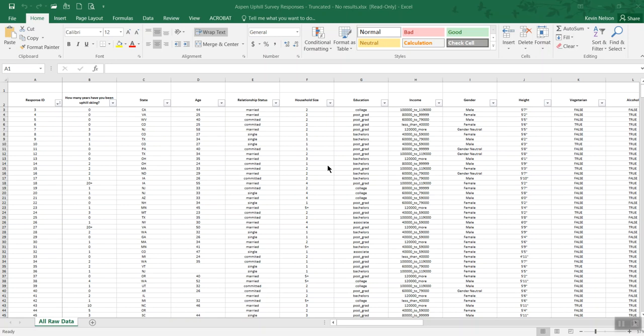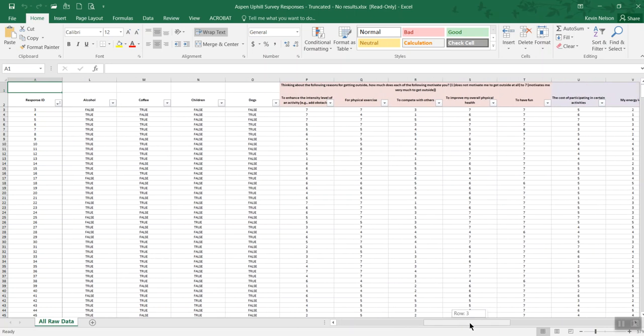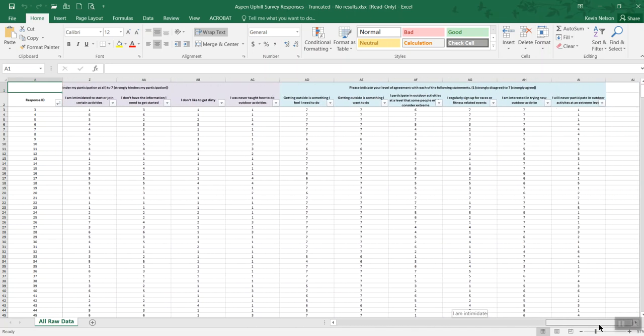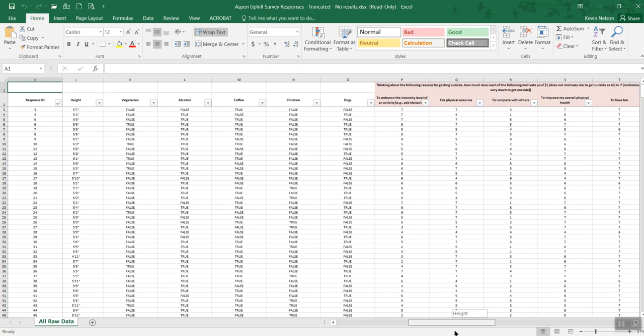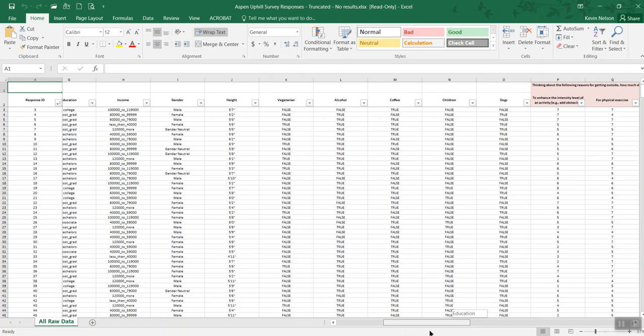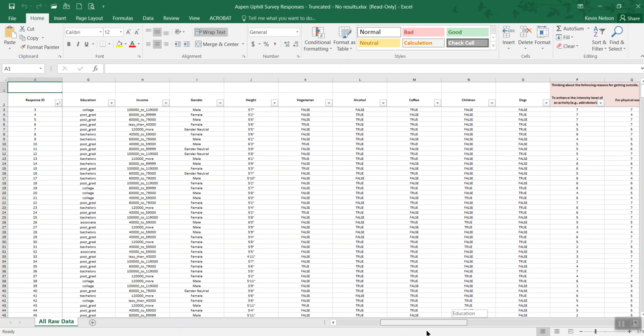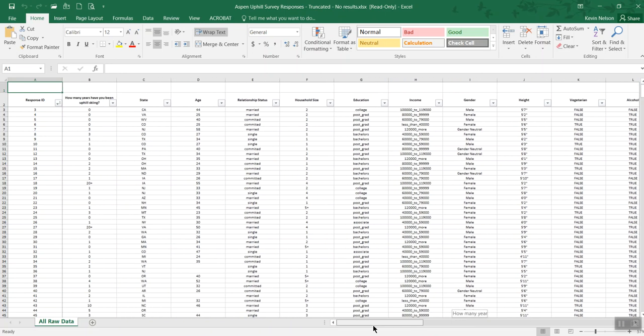Okay, so this particular file is a truncated version of that Aspen Hill uphill survey response survey. You can see that I got rid of a lot of the data that wasn't numerical or at least easy to look at, right? So we've got some true false stuff here, but the rest of it's pretty set that way. Just trying to narrow it down a little bit for you